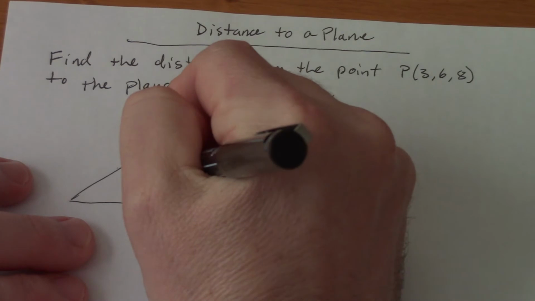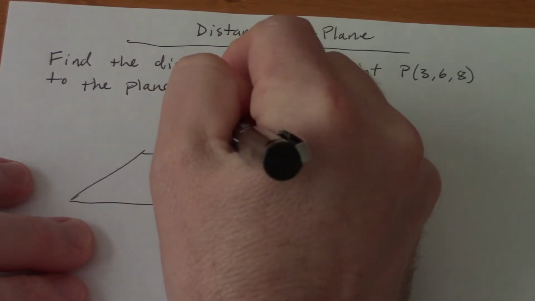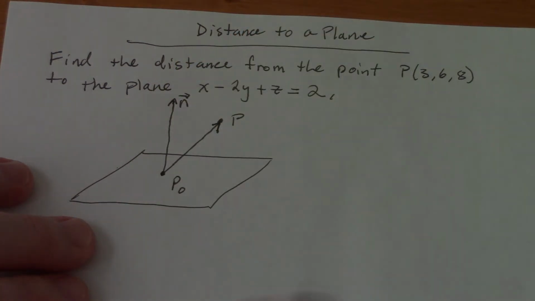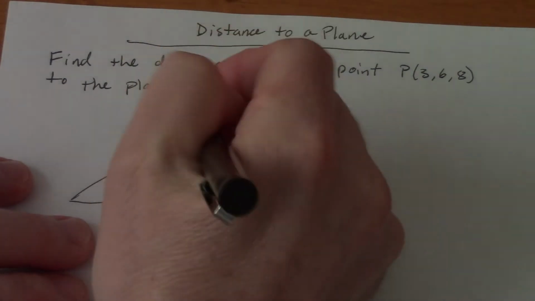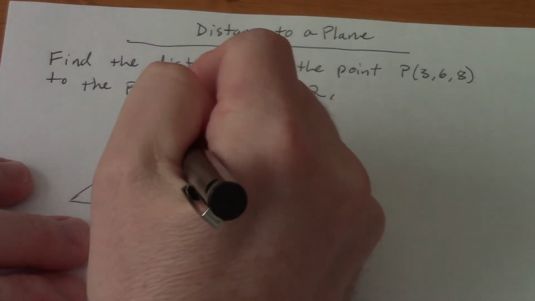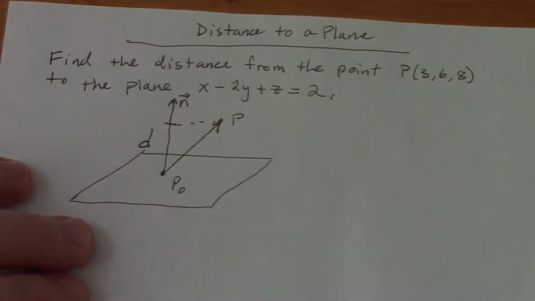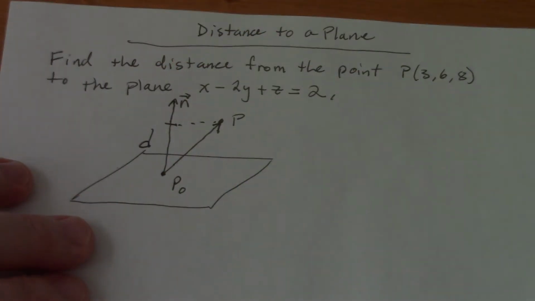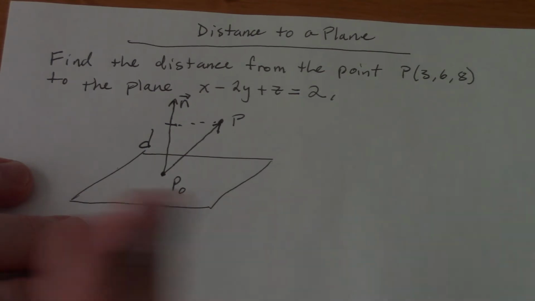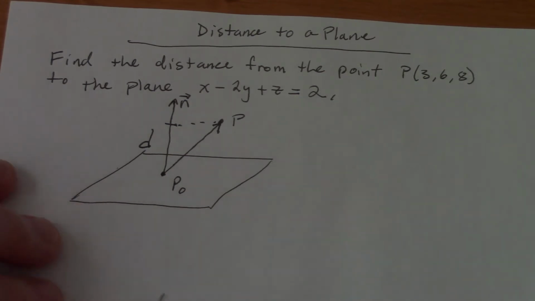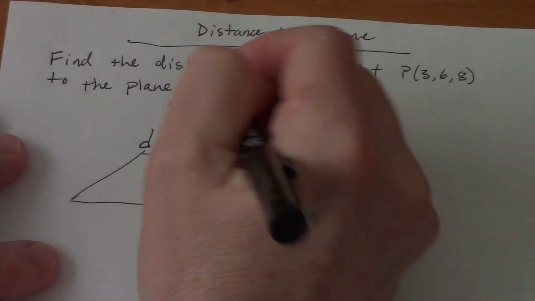I could calculate the vector that goes from P0 to P, but that won't be a perpendicular vector. So what I do is I take that vector and do a scalar projection onto the normal vector, and that's going to be my distance. Now, keep in mind the scalar projection has a dot product in it. That could be positive or negative, so we take the absolute value when we're finished. Alright, so I'm going to take the plane,